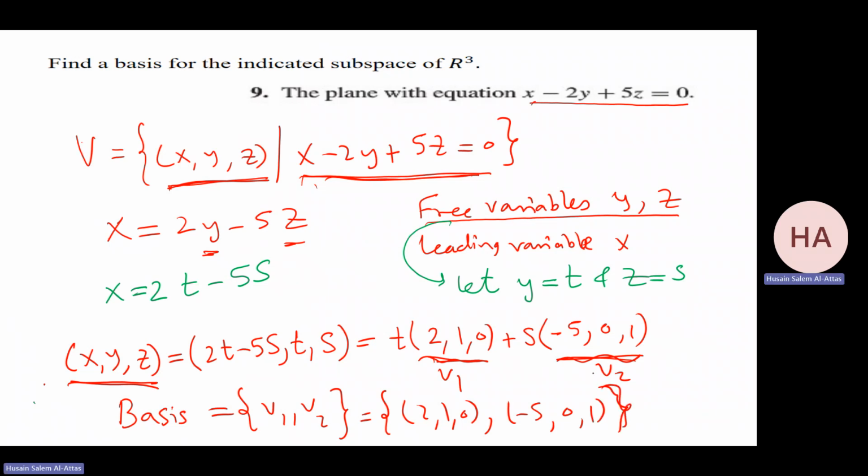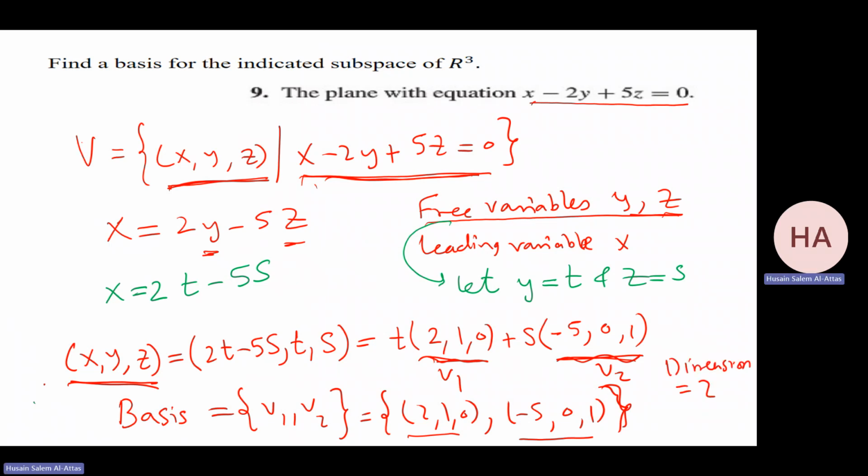Is it the only one? No. Because I can take the free variables, not y and z. I can take x and y and make it in terms of z. You can't do this. So you have different bases. But there, the number of elements should be the same. So the dimension